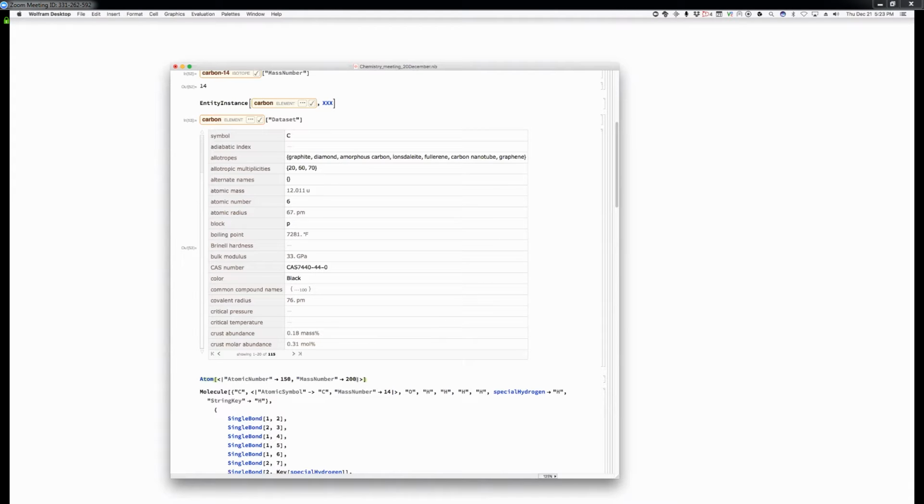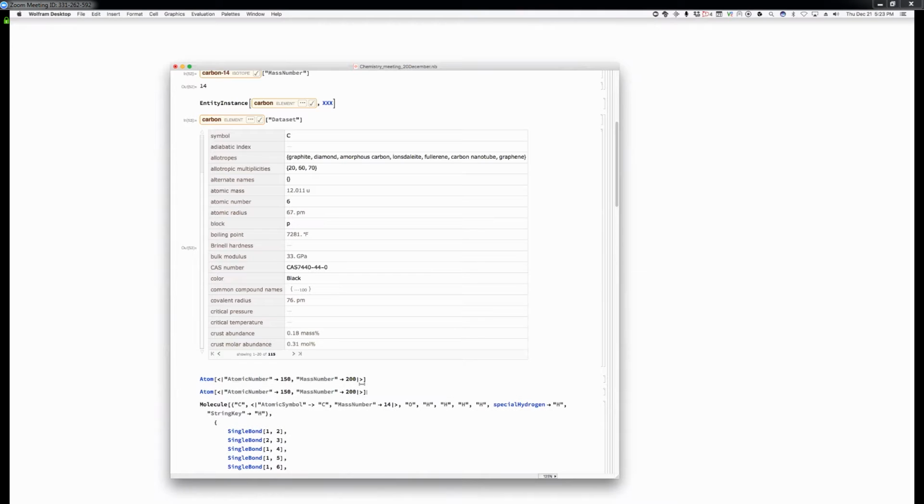But it doesn't tell us what its actual atomic mass is. Am I making sense? Right. And in this case, we don't know the actual atomic mass. Now, we could imagine that given an atom like this, it would have certain properties like atomic mass,